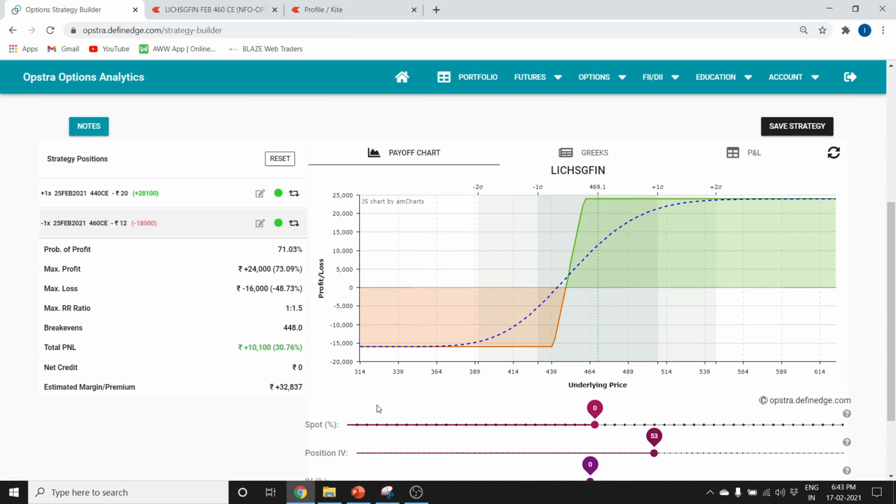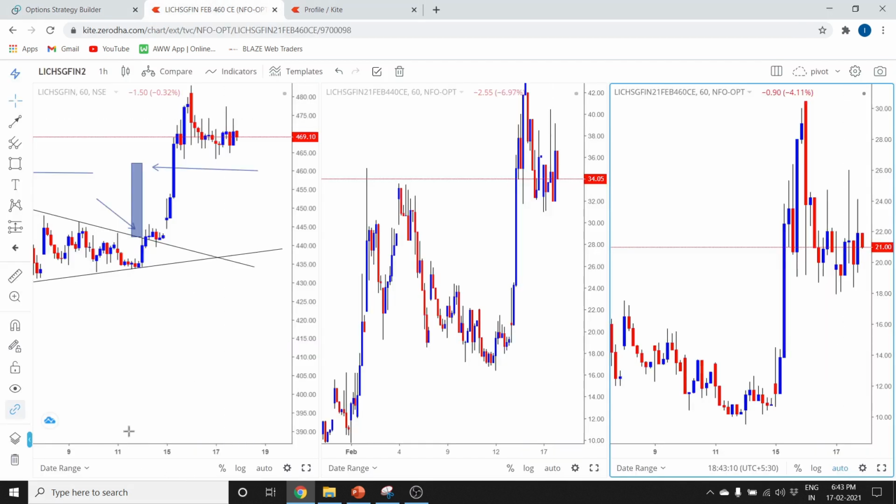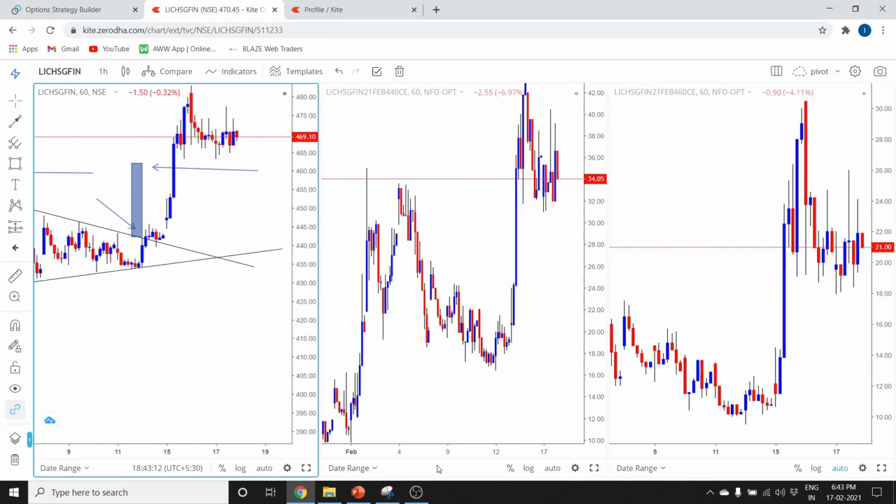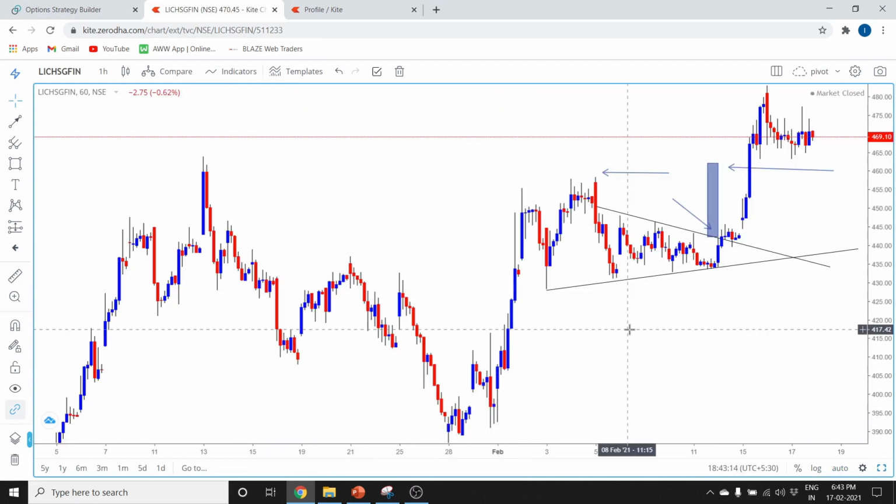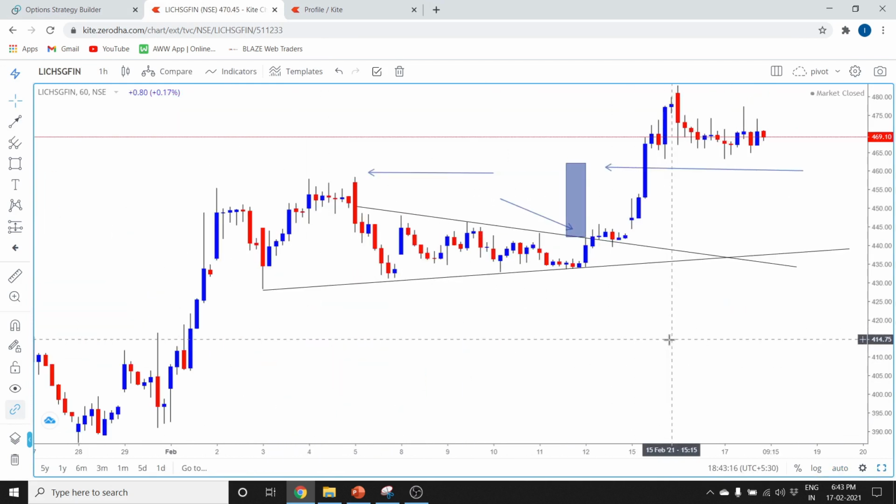We are already in the trade. Now I would like to add one thing over here. Let's have a look at the chart. Now my third leg is the cost reduction leg. The rule for entering a cost reduction leg is, one, when price has moved in your favor. We have just got a breakout. Let's give some time to the stock to make a move, and then we enter the cost reduction leg. So we'll wait for 1 or 2 days.